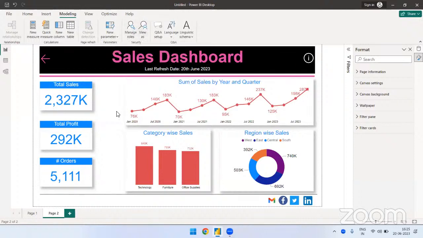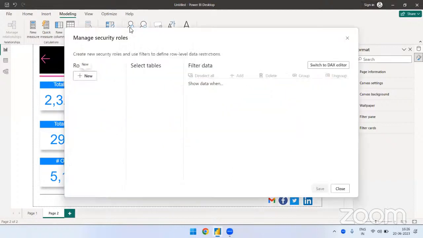So suppose I am from the West region, I will create a role for me as West, region equals to West. If I click on manage roles, a new window appears. In this new window, I can select that I want to create a new role, a security role. So let's create a new role. What's the name of it? Let's change it as